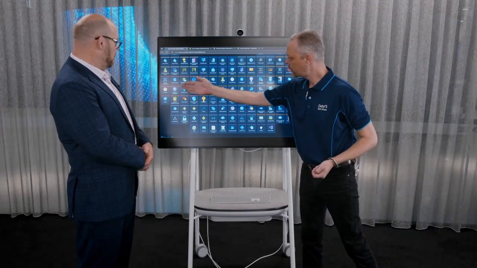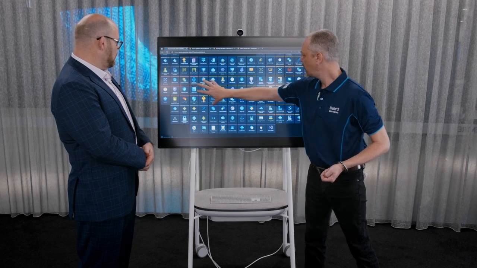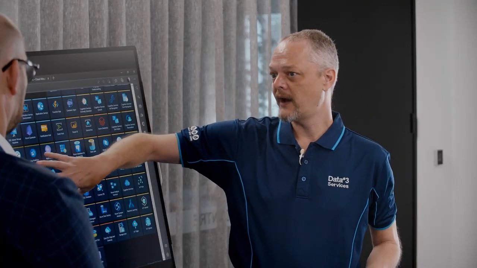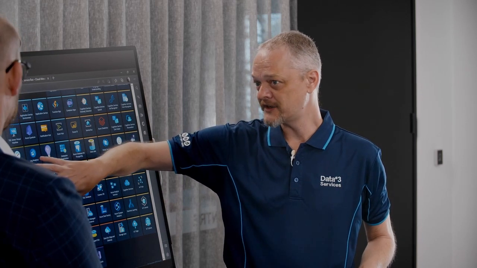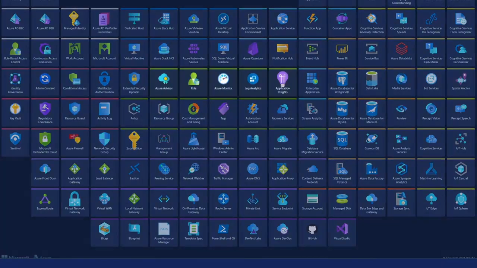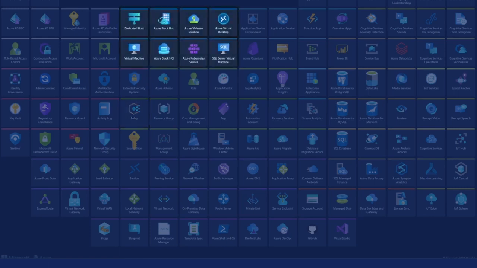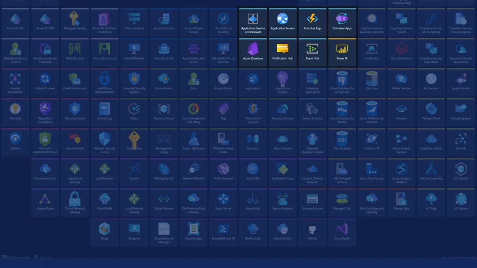To the left, we have security. In the middle, we have governance. This is how you drive a successful Azure tenant. So controlling cost management, using Azure Monitor and log analytics and application insights to monitor your workloads. Governing using Azure Policy. Then above that is the standard compute, advanced compute, and all the way onto the right